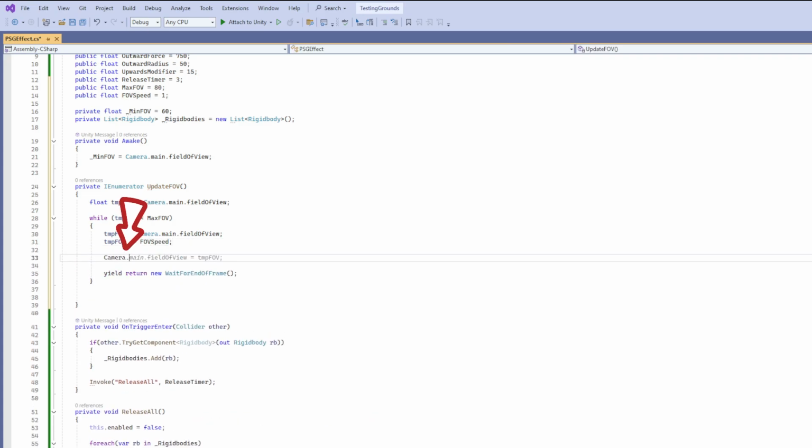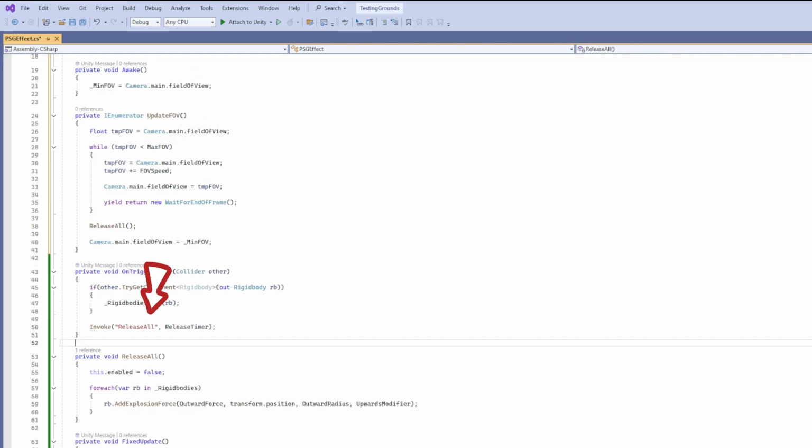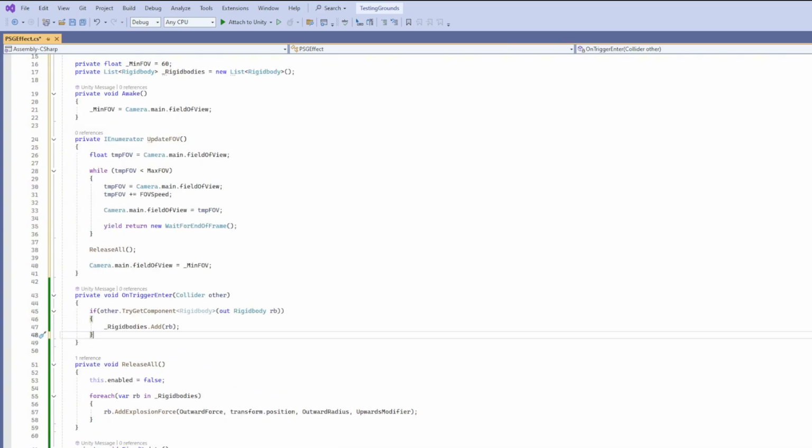Reassign the camera's field of view to the new value. Once the enumerator has finished, we are going to reset the camera's field of view to normal. And call the release all function, removing the invoke. So the objects will be released after the camera's field of view has been maxed out.